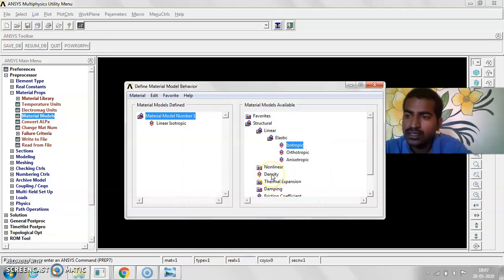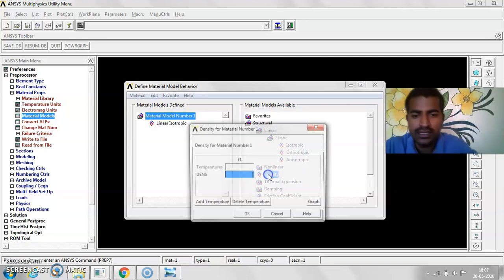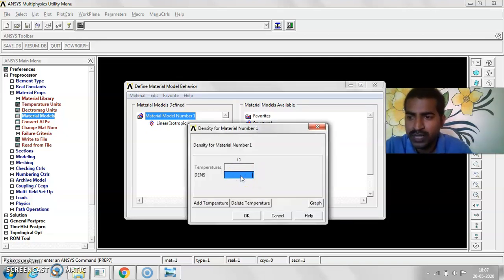In addition to that, this is a natural frequency problem, so definitely it exhibits some density. It is a natural frequency determination, hence there is no application of force. With the help of its self weight or density, it will deflect with some initial disturbance. Hence we need to mention a density here. The density value is given in the problem, that is 7830 kg per meter cube. You can refer to that figure.